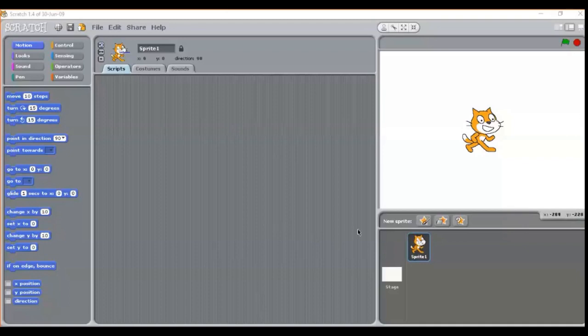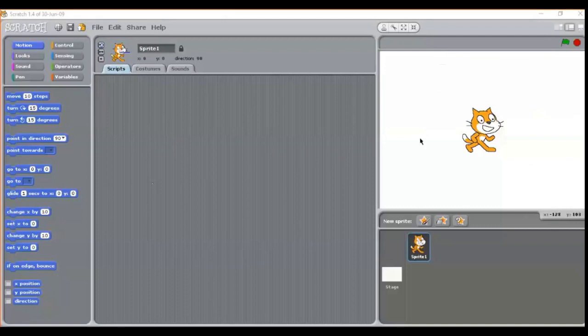The Scratch window is divided into three distinct sections. This first section is called the block palette. This second section is the script editor, where you will be placing all your scripts. And this third section is the stage, where your animation will be prepared.